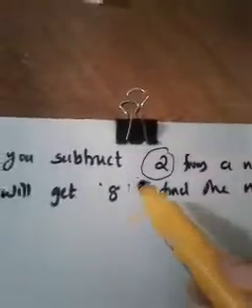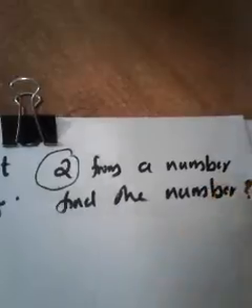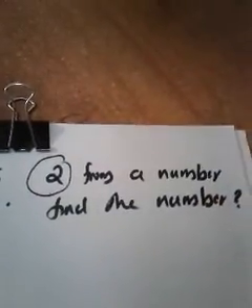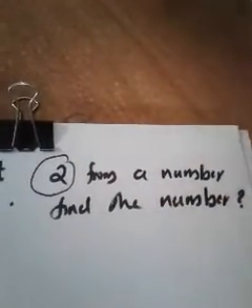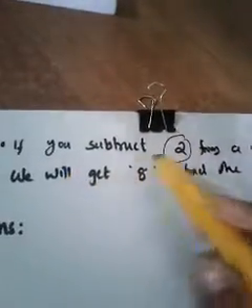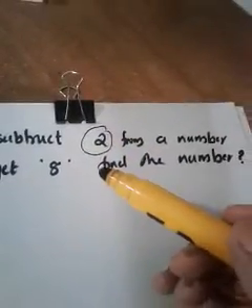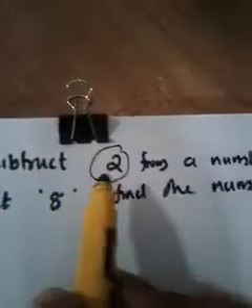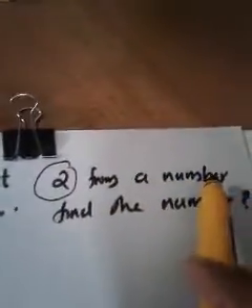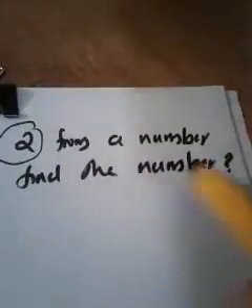Okay, so what am I going to do in order to find out that number? As I told you, when you subtract 2 from a number, the result will be 8. So the number should be 10, we know that. By logical sense, we calculated the number as 10. But how can I calculate that mathematically, I am going to explain. So here, which is unknown, or which is the question? What do you mean by unknown? What is the question? That is nothing but unknown. Here, if you subtract 2 from a number, that number is unknown, isn't it? See, find the number. That means that number is unknown.